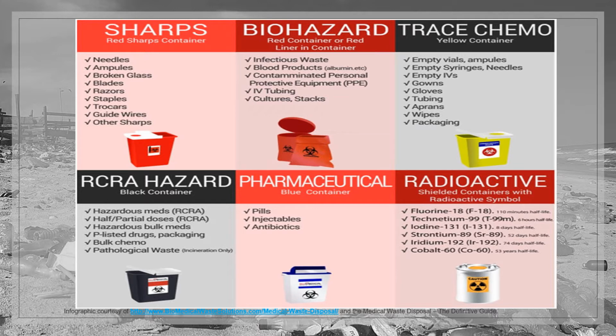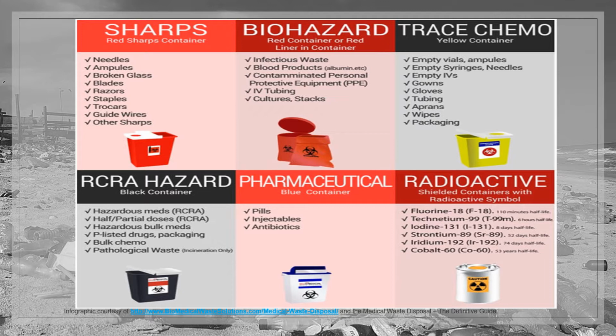Here we see a table that lists the different types of hazardous waste and how they're divided up by color coding, so that we know exactly what containers they will go in. So we typically see a lot of these in very open medical areas. Often the red sharps containers are a very common one we see a lot. It's for needles or broken glass, staples or razors. Then we also have the red biohazard bags, which usually line red containers, and that's for things like infectious waste,